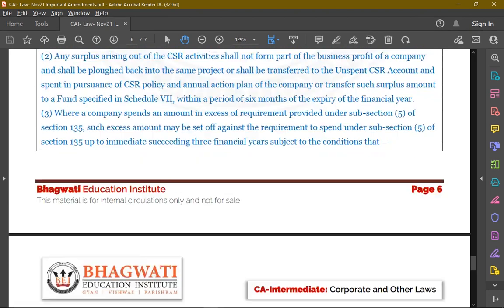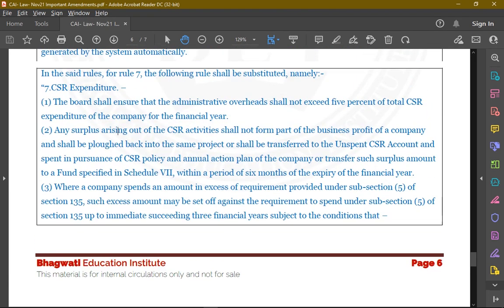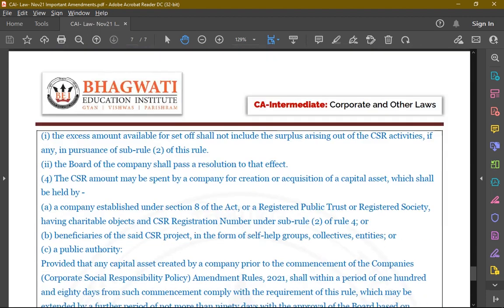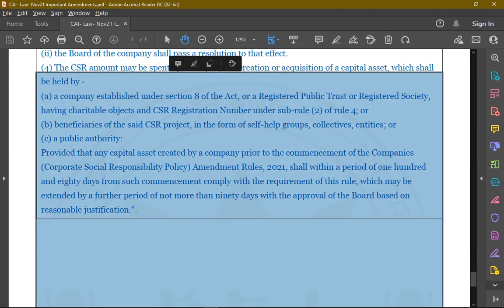Then we have learnt about what if there is surplus expenses and capital asset, how to deal with that. So hey students, that was all about our